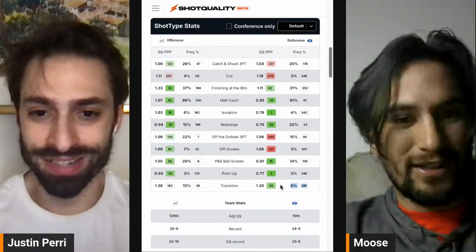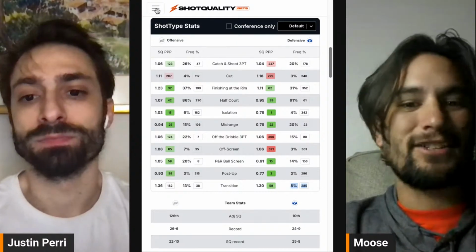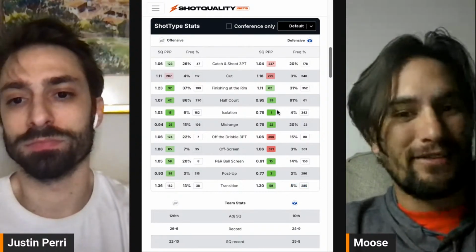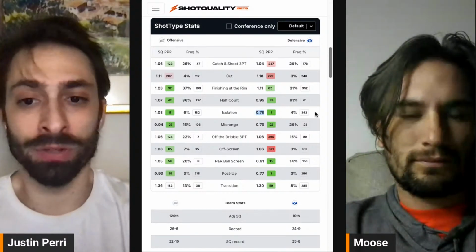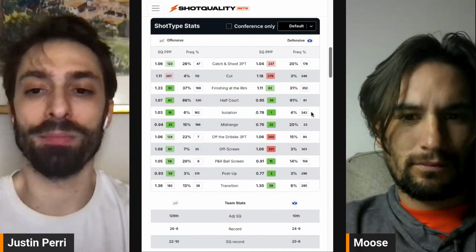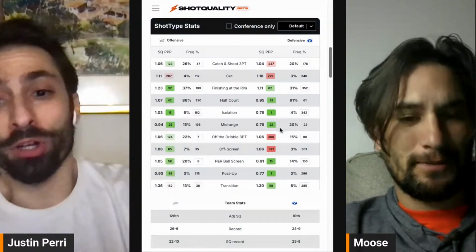Great. BYU does not see any transition. No, they keep their opponents out of it. Yeah, they are good. They're the best isolation defense in the country. They don't see a lot of it by PPP, and no one even runs it against them. But there's a good defense. Think about it. You can beat them. Wouldn't you want